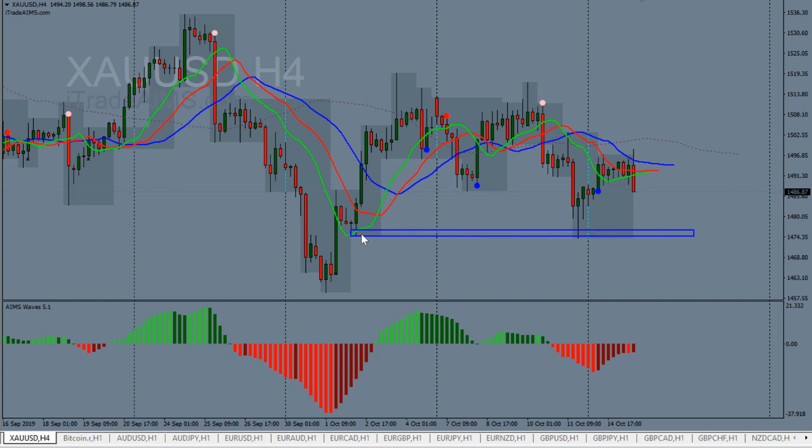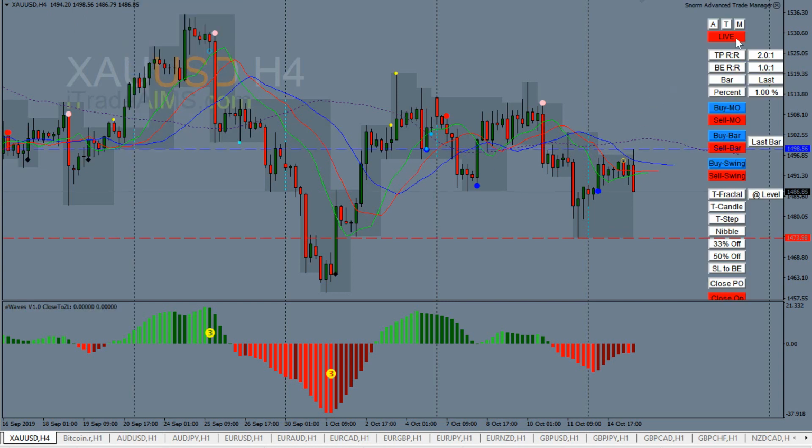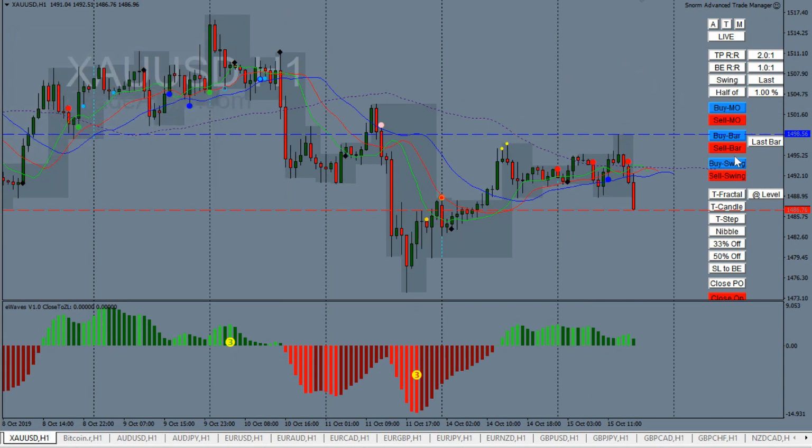So the low of this box and the low of this box, and that gives you plenty of opportunity. So I can still go in this, and I'm going to do that by going to the ATM. I don't want to risk a full 1%, so I'm going to click this button, bring it here. Half a risk. I'm going to go to the hourly chart, and I'm going to go market order, and this blue line, I want to move it around here. That's what I will exit, so I will go in,